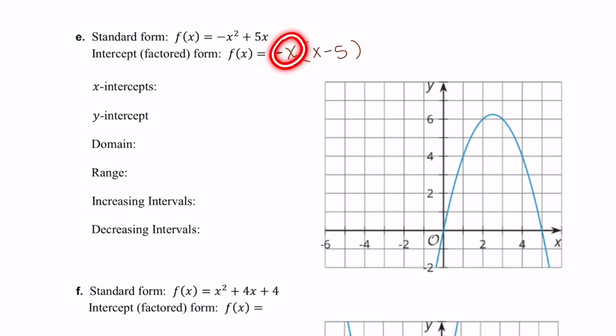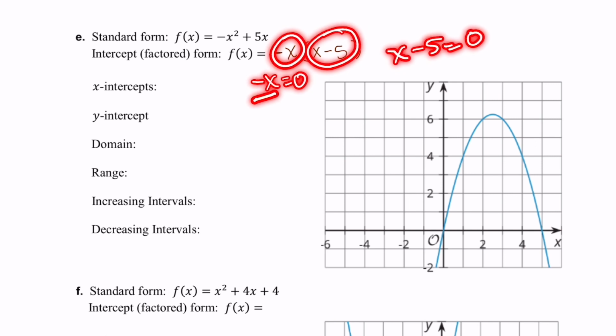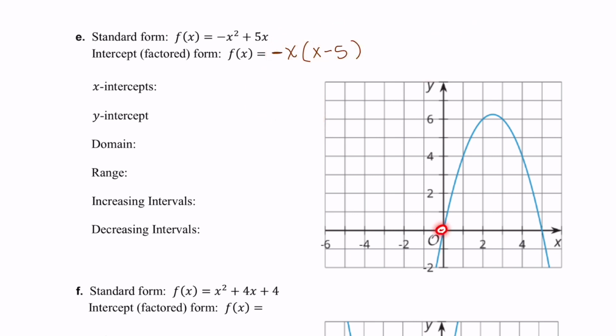Now when I set each of these equal to 0, I have negative x equals 0 and x minus 5 equals 0. If I divide both sides by -1, I'm going to have x equals 0. I add 5 to both sides, and x equals 5. So at 0 and 5 are my x-intercepts. And if my x-intercept is 0, 0, my y-intercept is 0, 0. My domain is going to be all real numbers, or from negative infinity to infinity. And my range